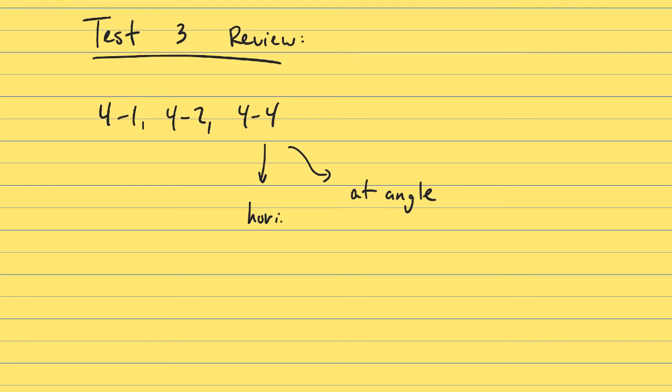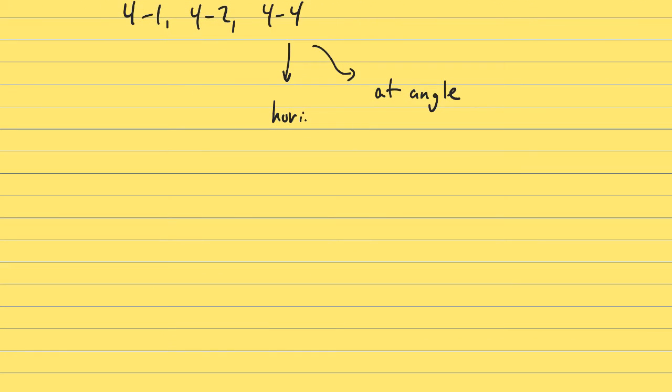In 4.1 and 4.2, we talked about the fact that a vector is anything that has a magnitude and a direction. A magnitude and a direction. So for example, if I said to you,